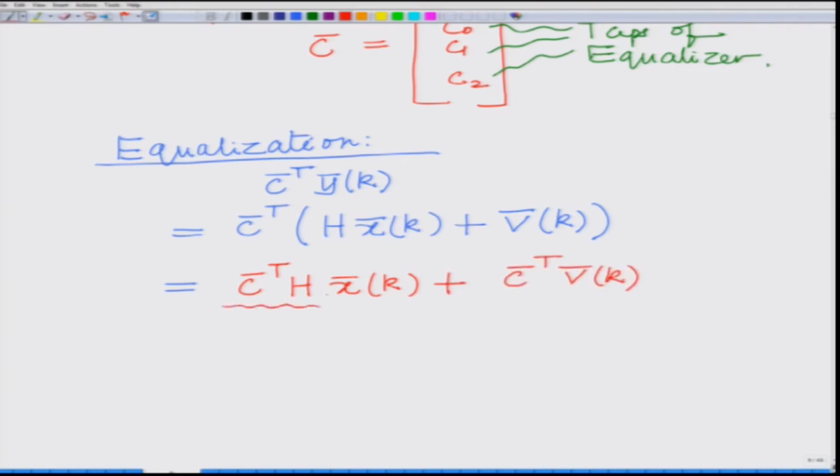Ideally, we want this vector C bar transpose H to be as close as possible to the vector 0 0 1 0. So our equalizer design criterion was to zero out the interference from xk plus 2, xk plus 1 and xk minus 1 on xk. Therefore, this vector C bar transpose H should be as close as possible to the row vector 0 0 1 0, or, taking the transpose of this,